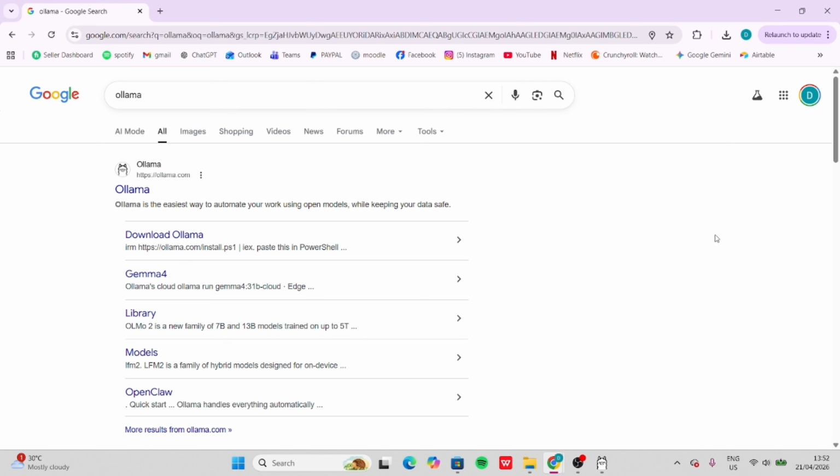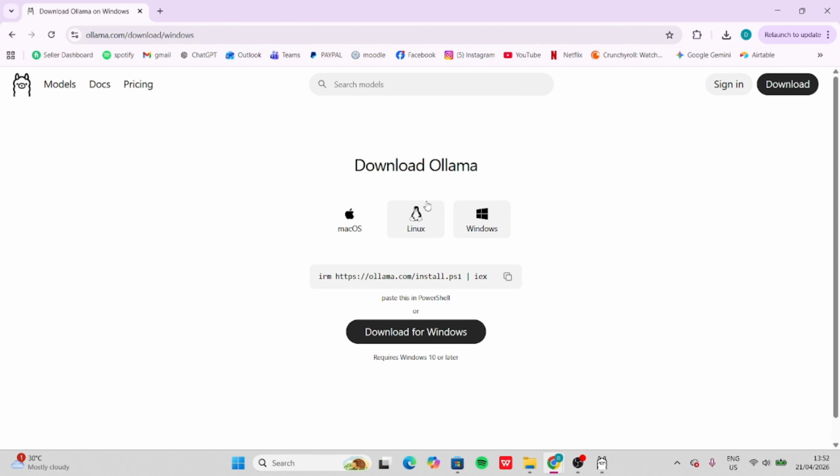So first, open any browser that you are using, and in the search bar type Ollama, and then you will find the official website, and here, as you can see, Download Ollama. You just click here, and then as you can see you can choose either Windows, Linux or Mac. For us it is Windows, and then you just click on Download for Windows and the download will start, and